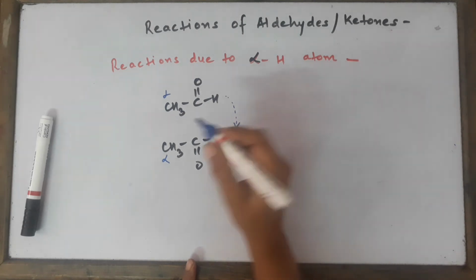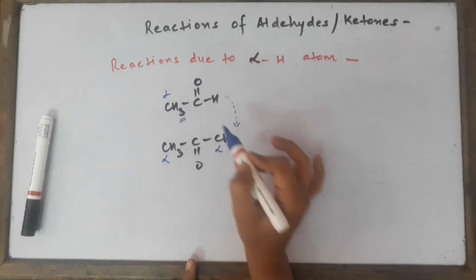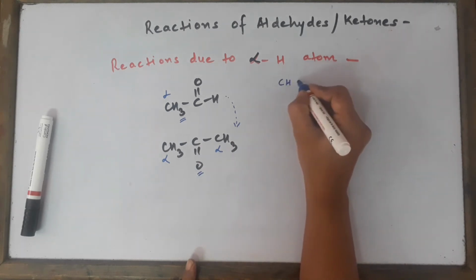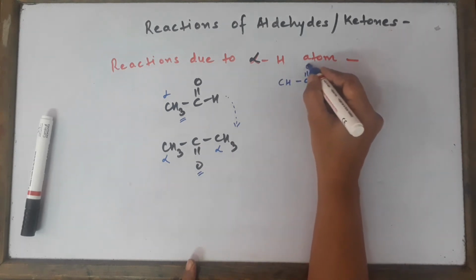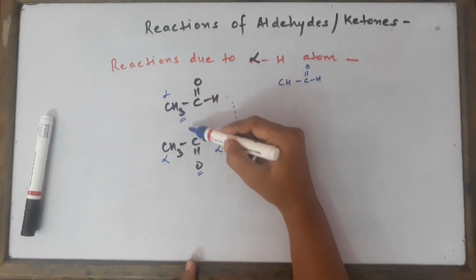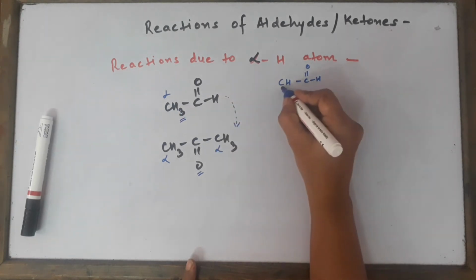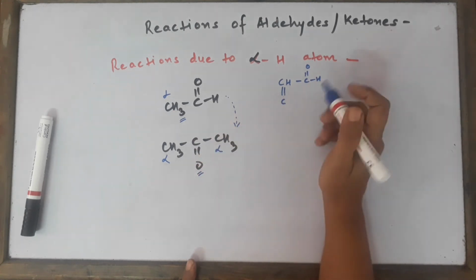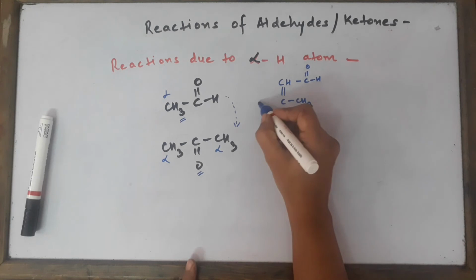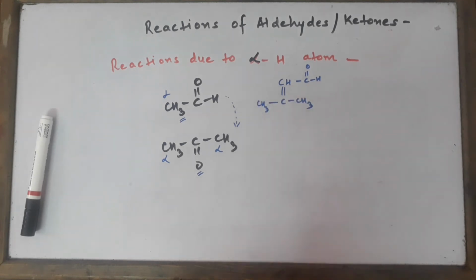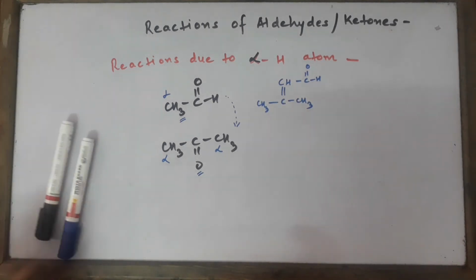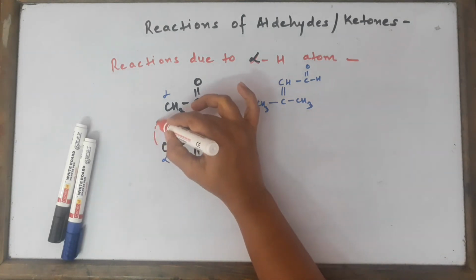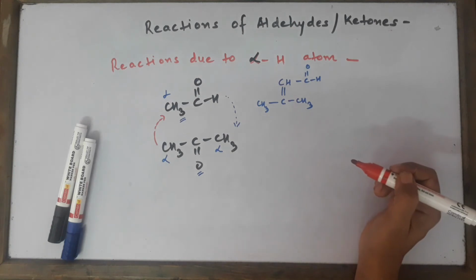When it happens, you're going to remove the hydrogens from here and the oxygen from here. So in that case we will get the answer as CH=C, with the OH, and this has to be connected over here. So we'll be getting a double bond to C and CH3. This is your first aldol condensation product. And now let's see what happens if this molecule attacks the first molecule.